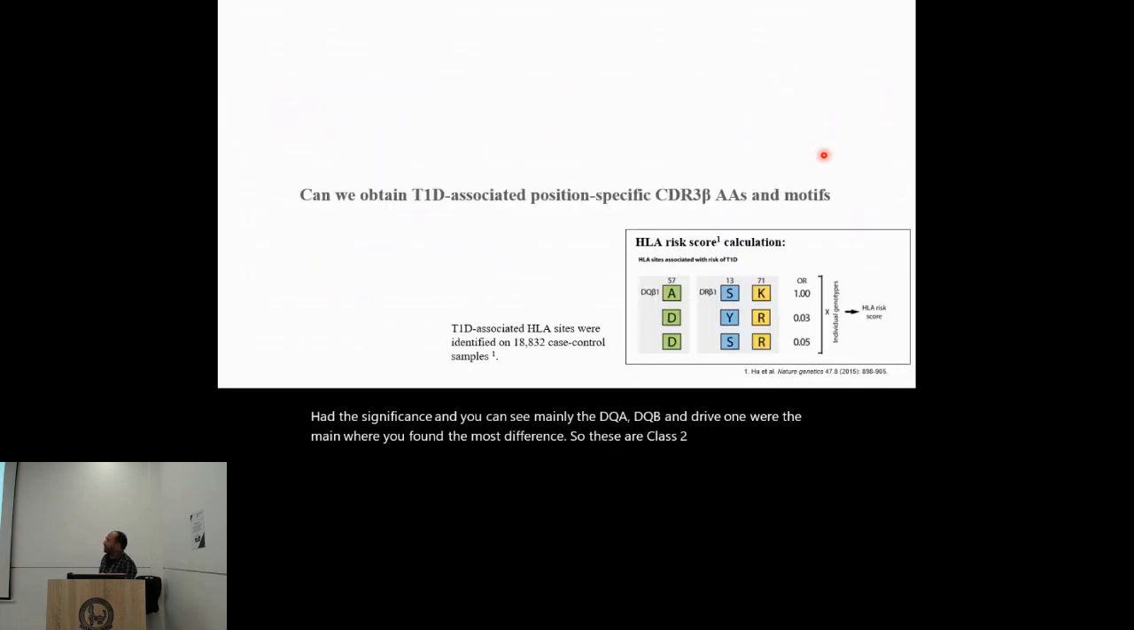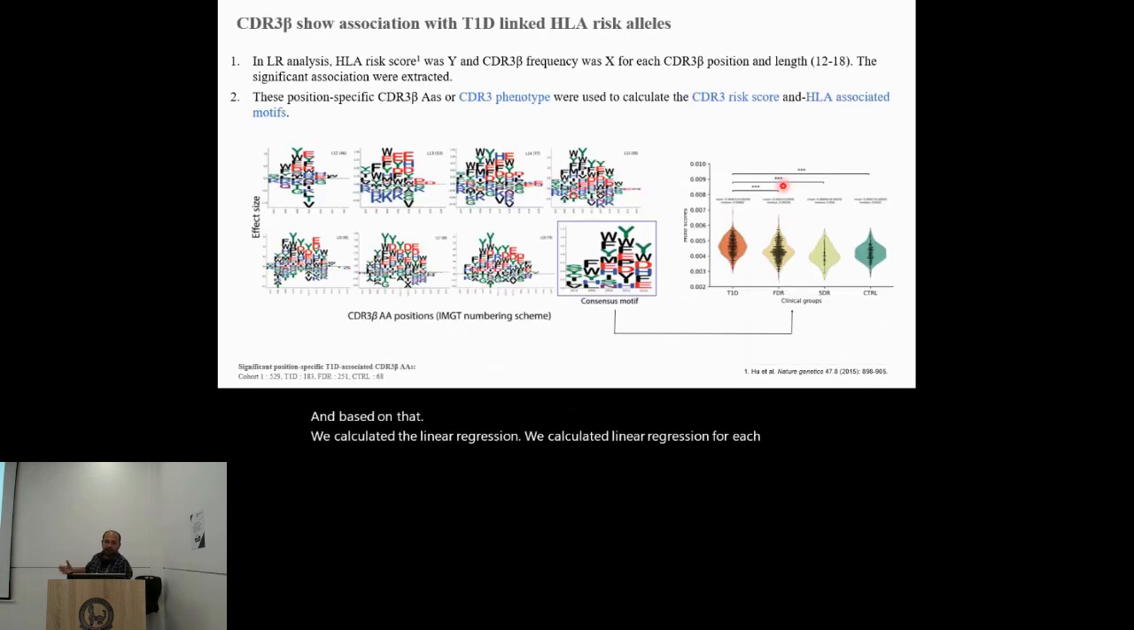Next, we removed the HLA variation, and instead we used the HLA risk score, which is from a previous study in which they calculated the log-odds ratio of type 1 diabetes risk just based on the 3 HLA positions as described here. Based on that, we calculated the linear regression for each position and CDR3 sequence with the HLA risk score, and we found all these CDR3 phenotypes for different lengths of CDR3. You can see from length 12 to 18. We found that these are positively or negatively associated with the HLA risk, and we called them